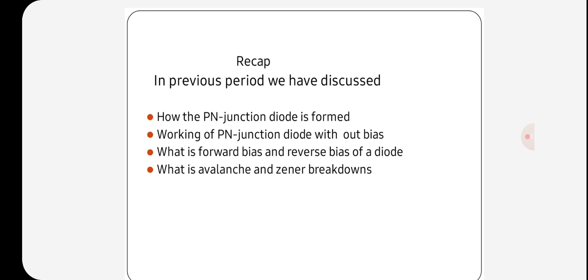The current flow may be explained as follows. As soon as battery connections are made, holes are repelled by the positive battery terminal and electrons are repelled by the negative battery terminal, with the result that both the electrons and the holes are driven towards the junction. This movement of electrons and holes constitutes a large current flow through the semiconductor.